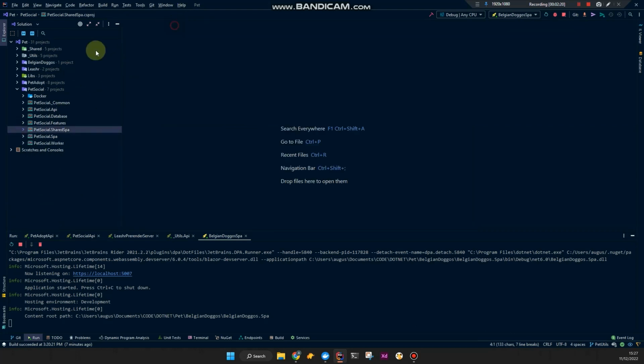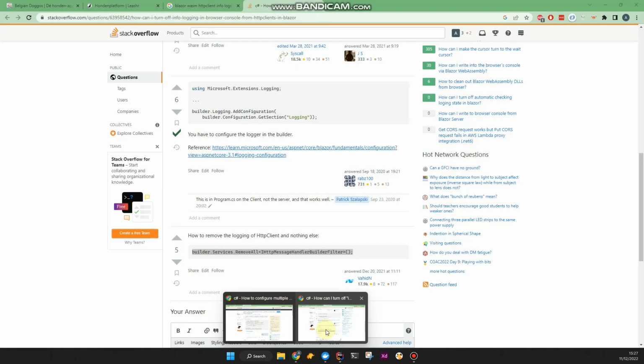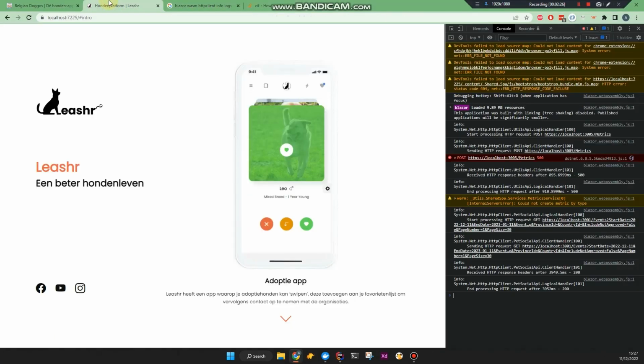Or, yeah, that's kind of unwanted behavior. All I'm doing is using the HTTP client, so I don't see why it's behaving differently now than when directly using the HTTP client. So, logical handler, yeah,